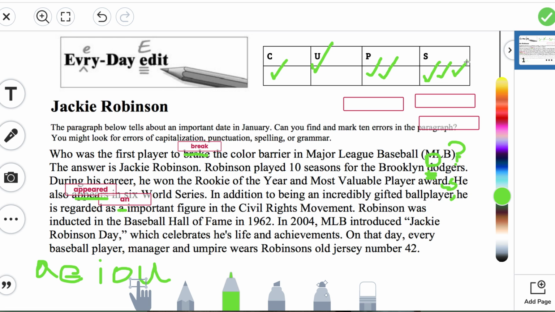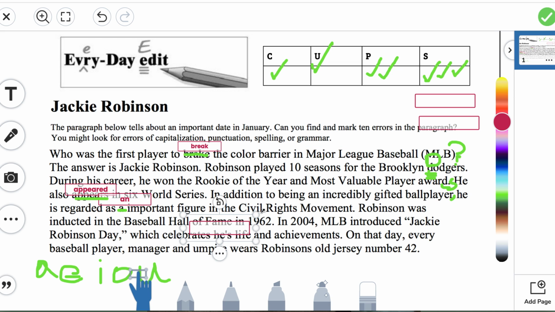Then we're going to look at the last section of this biography, which celebrates he is. That's a contraction of the word he is. Whenever there's an apostrophe, that means letters were removed from that word to make it shorter, a contraction. It reads he is, but we need to move our text box over.